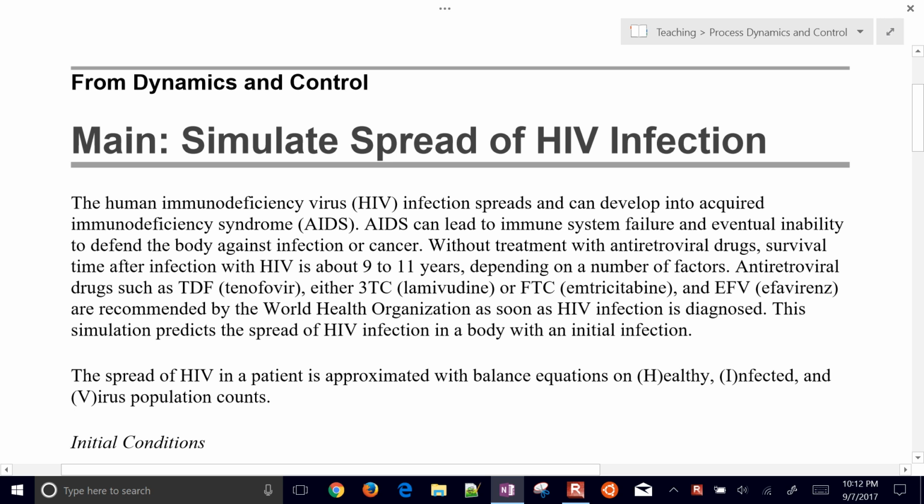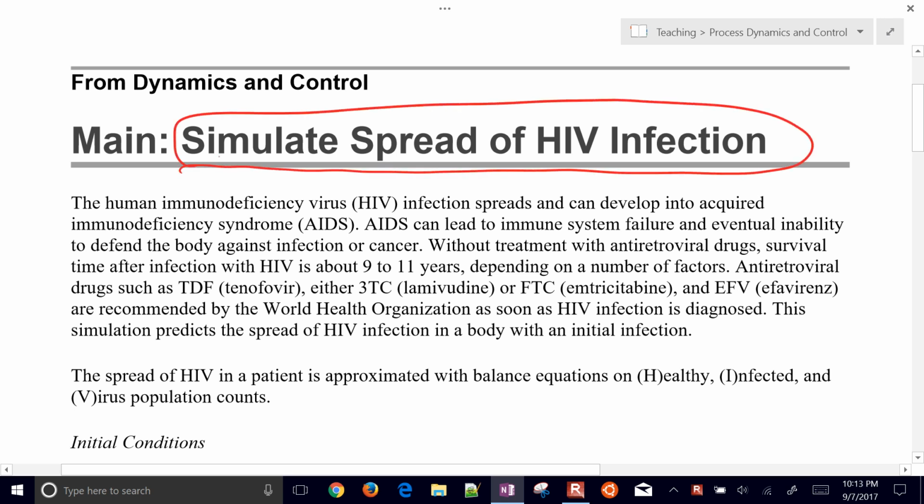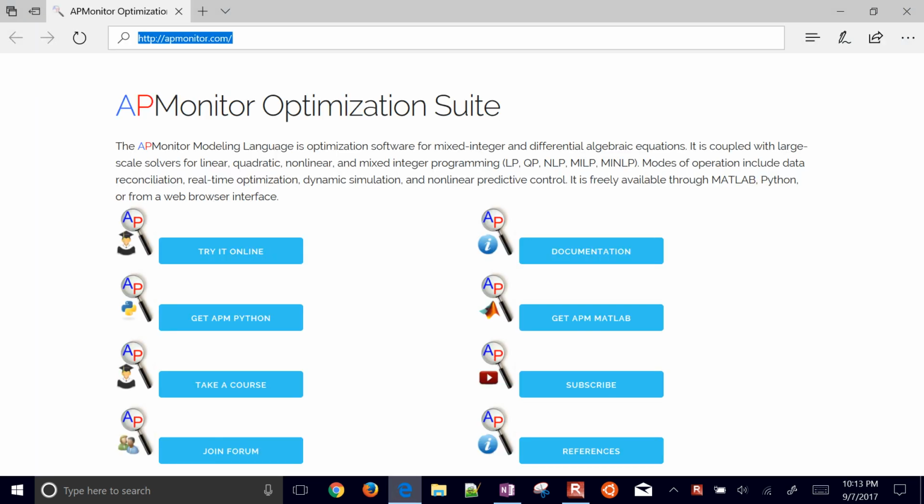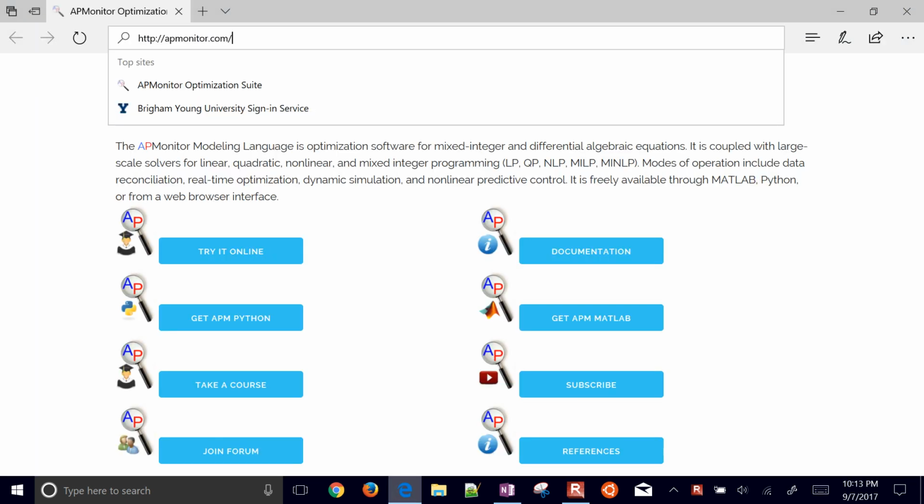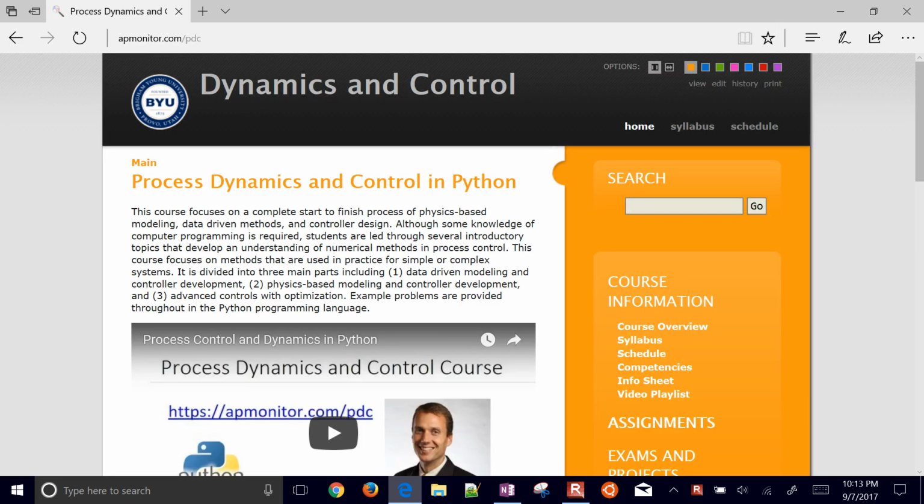We're going to work through the solution to this homework problem for process dynamics and control. It's to simulate the spread of HIV infection in a person. If you come to the APMonitor.com website and then /PDC for process dynamics and control, and